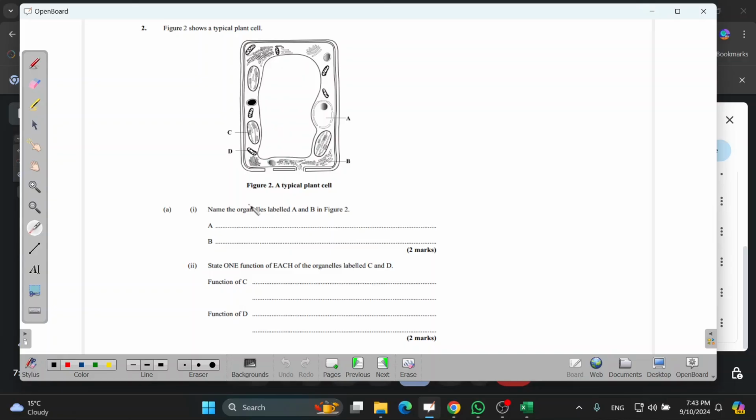This picture, what letter is it pointing at? D. Exactly, these ones, they look like a hot dog. D. Those are the ones that I'm talking about, right? And they are called mitochondria. What is A again? You can already say A. A is the nucleus, right? And here we have the cell membrane, this one here, the inner membrane. So we have the cell membrane, we have the nucleus, we have these ones that look like a hot dog. They are called mitochondria. So you see?